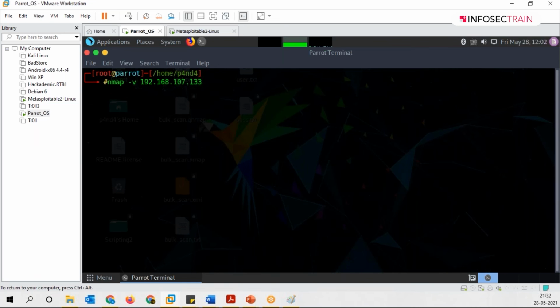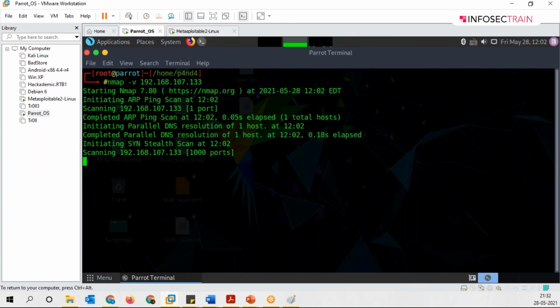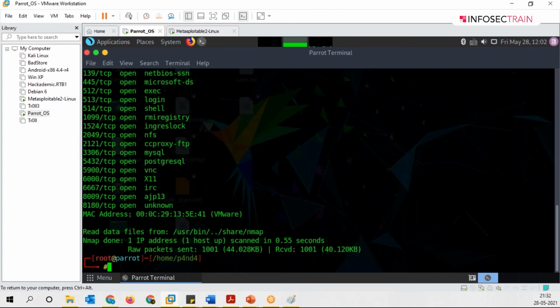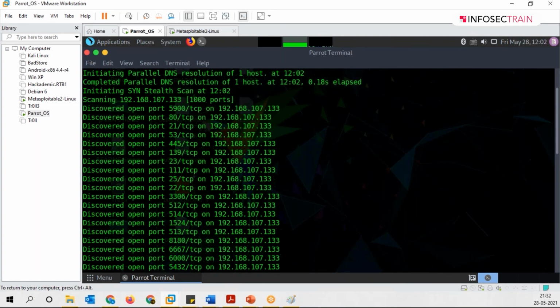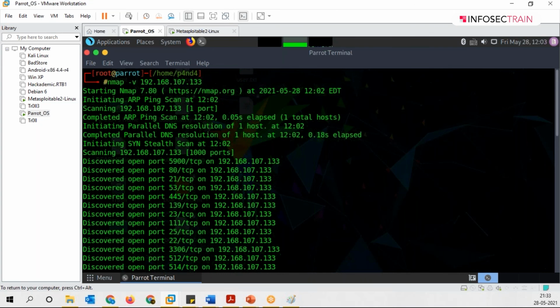The small one, verbosity, right? So it will be giving you more details regarding the scanning. If I hit enter on this one, it gave me a pretty good result. So you can see, perfect. It discovered open ports. It initiated a ping scan, completed the ping scan, and initiated parallel DNS resolution, which we talked about, like the DNS lookup thing in which your Nmap works.